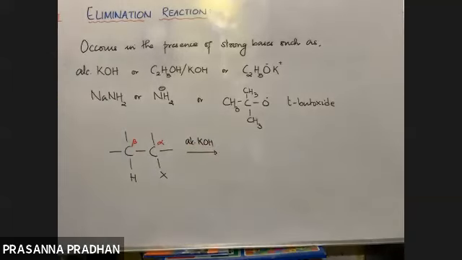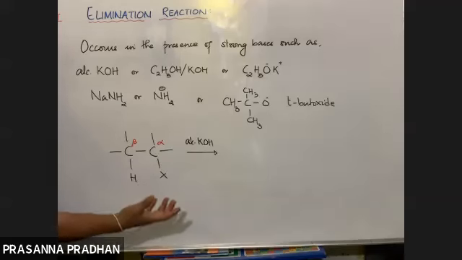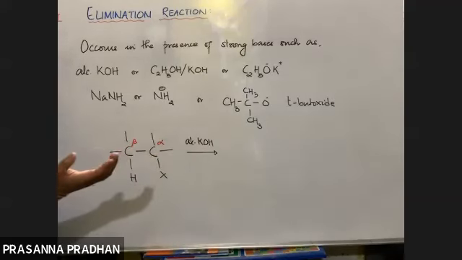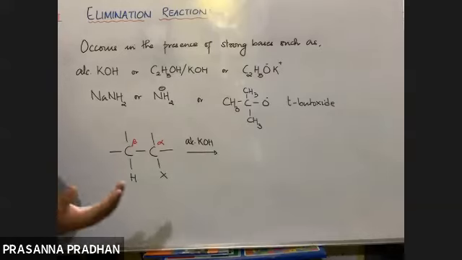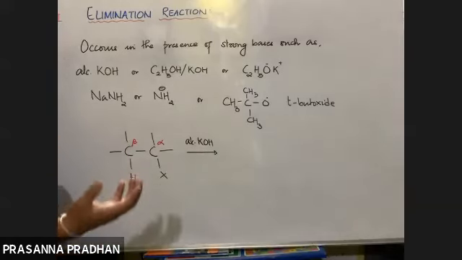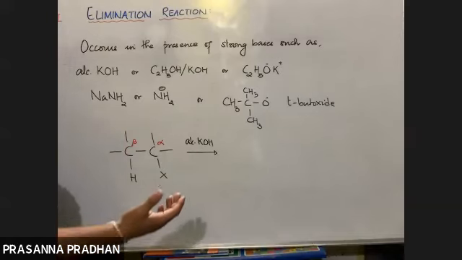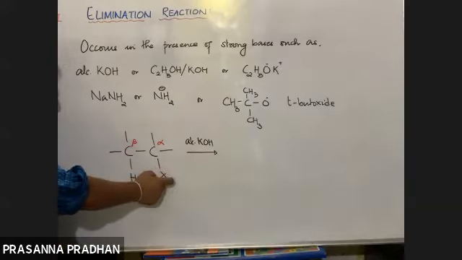Okay, so let me ask you a question. What happens in presence of aqueous KOH? Alkyl halide, aqueous KOH. What type of reaction will you see? Not an addition reaction. Substitution reaction. X gets substituted by OH. Yes, we have done it. Nucleophilic substitution: aqueous KOH, aqueous NaOH, moist silver oxide, alcoholic KCl. So in presence of aqueous KOH, this halogen gets substituted by OH. So these are very fundamental things.